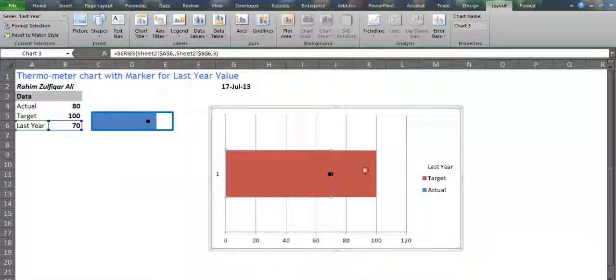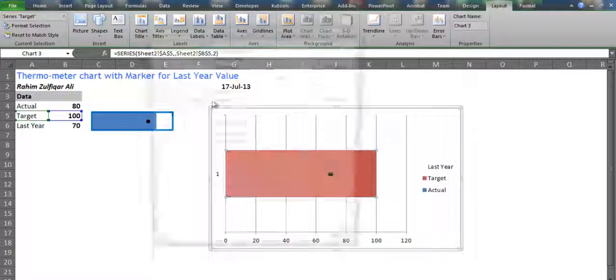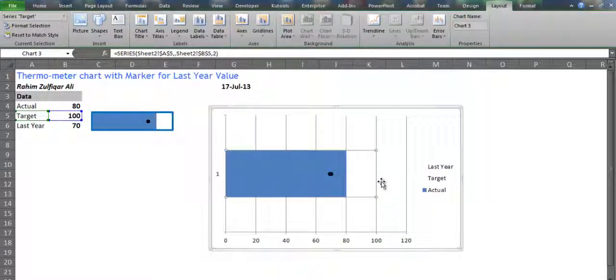Okay, and for the target also we will go to format data series and then no fill. So we almost get a dot for the last year figures, and this blue fill is for the actual, and we have no fill for the target portion here.